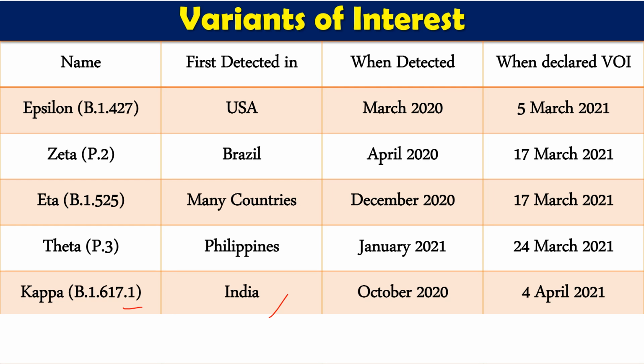So because of these mutations, the transmission rate becomes very fast, and most of the medicines, most of the therapeutic strategies do not work on that one. That is a thing of concern. So that's why we have to take precautions. Whatever we have to do, people have to take vaccines. And if you see delta plus, as I told you, 143 cases have been found till now.